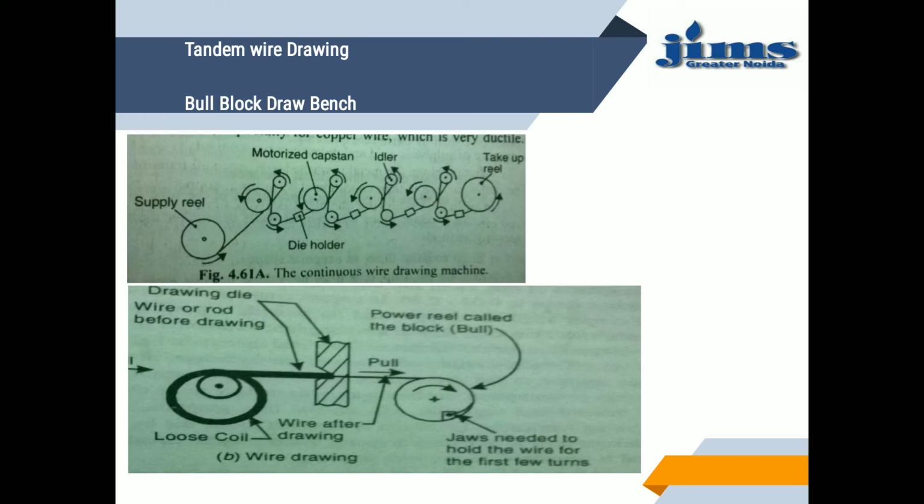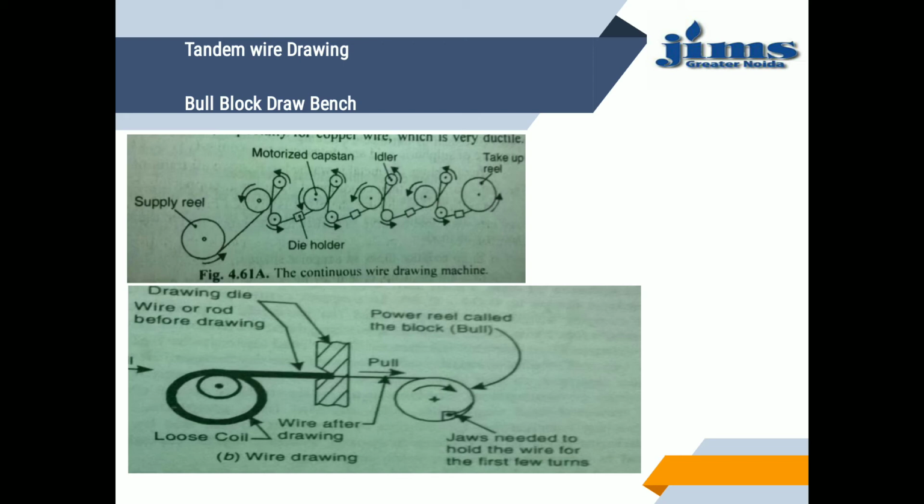For wire drawing, the material, as we mentioned earlier, should be ductile, otherwise proper annealing is required. During wire drawing, the material loses its ductility, so annealing is required to restore it.